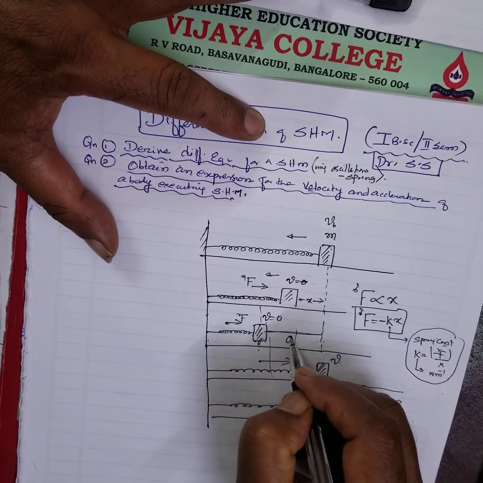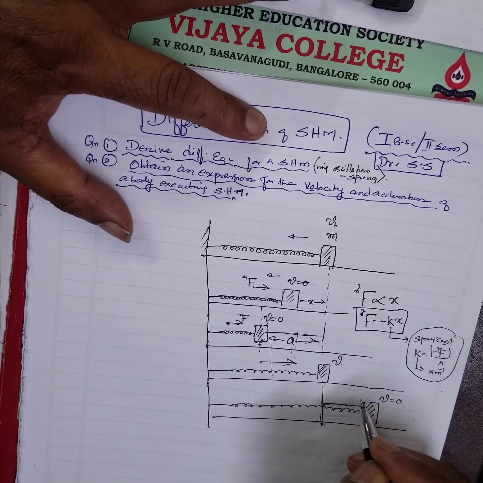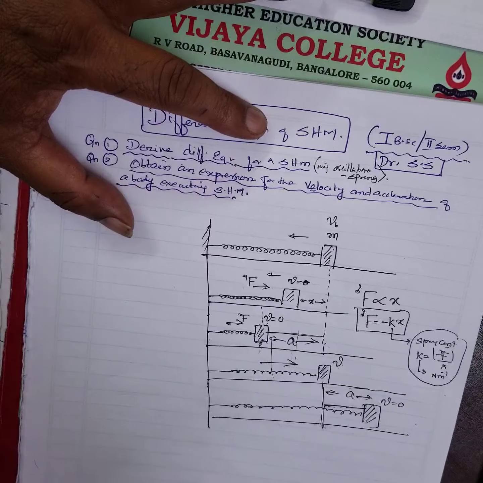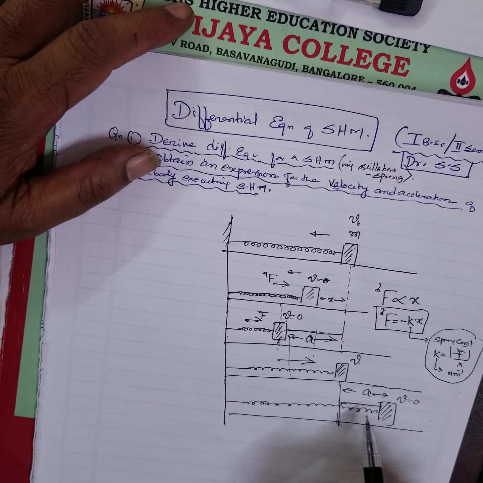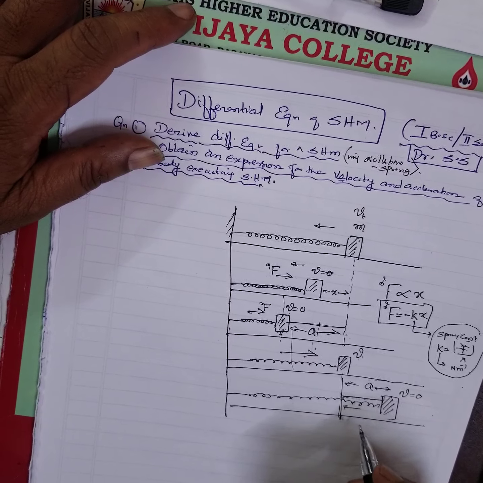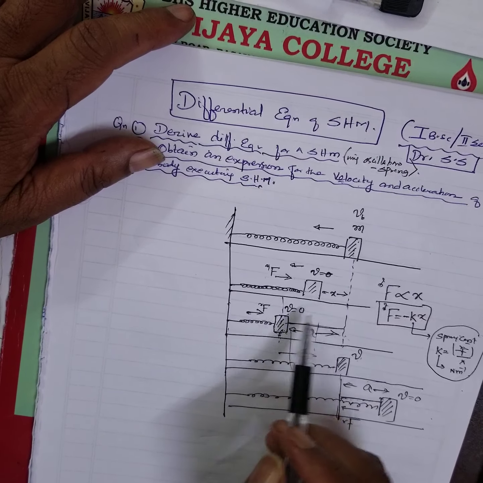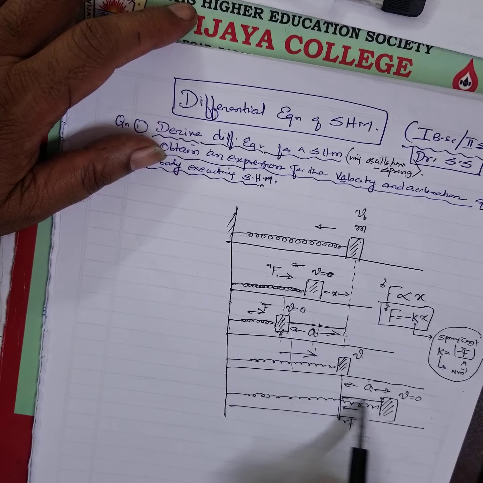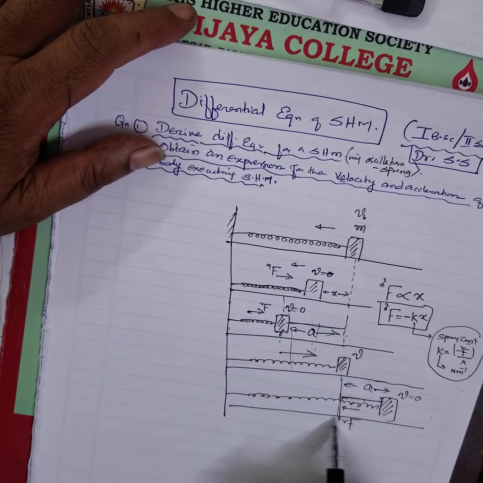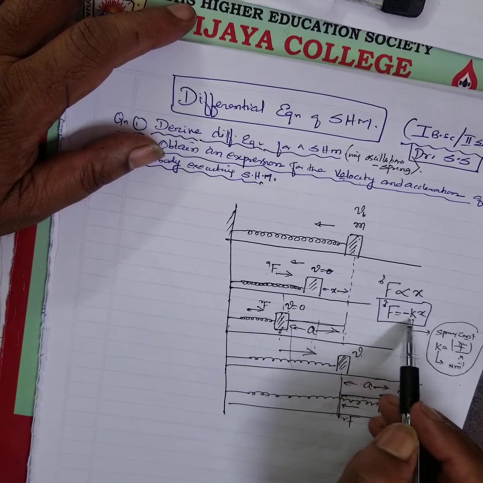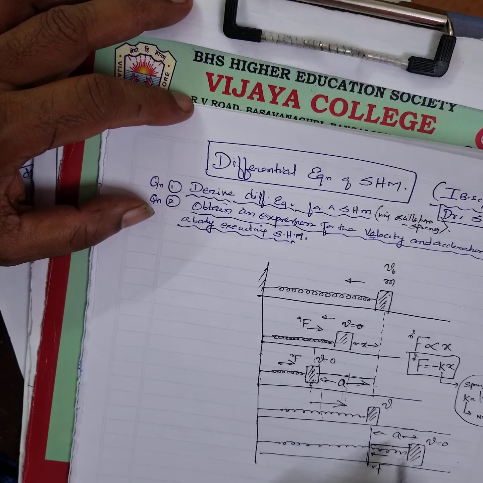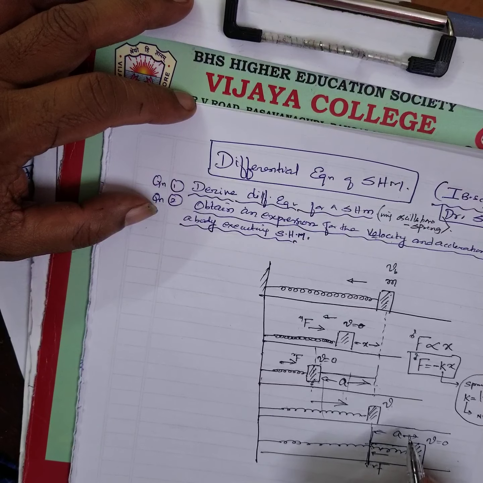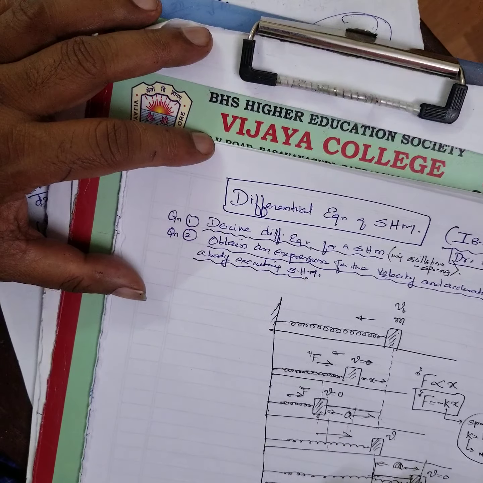Now this distance is the same as this distance. This I call the amplitude, the maximum displacement from the reference position. Once you start overshooting, the restoring force changes its direction. Previously the restoring force was in this direction because the movement was like this. Now the movement is in this direction, and the restoring force is in the opposite direction. That is the reason we can write everything in a simple form. This is the mean position, and the displacement from the mean position is called amplitude.